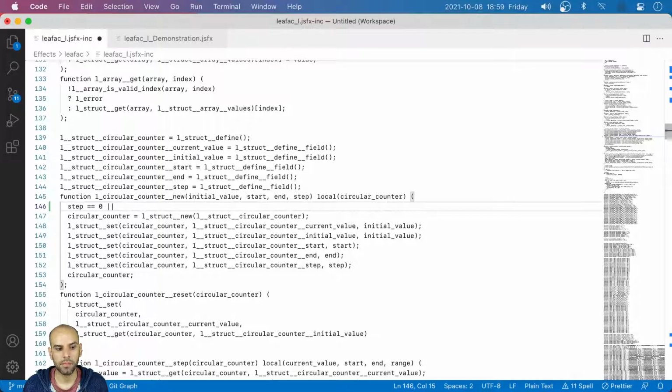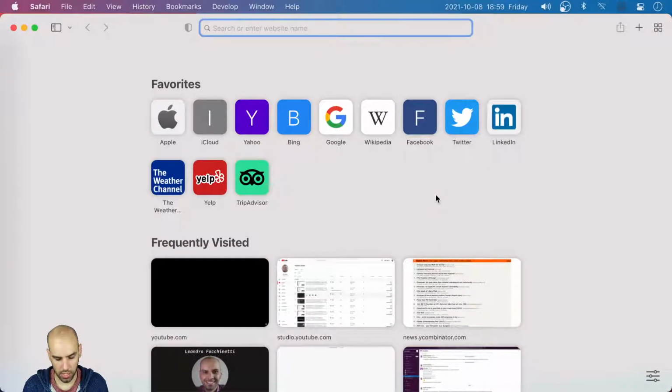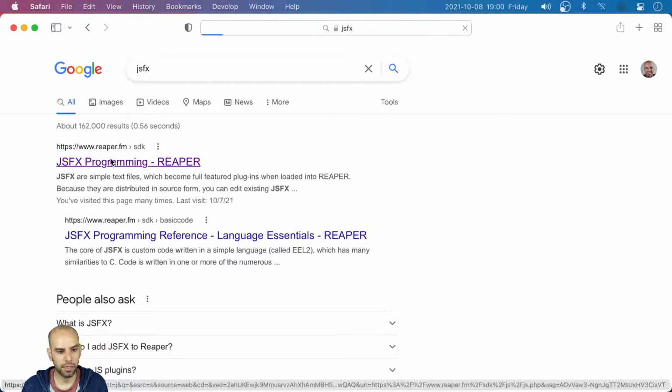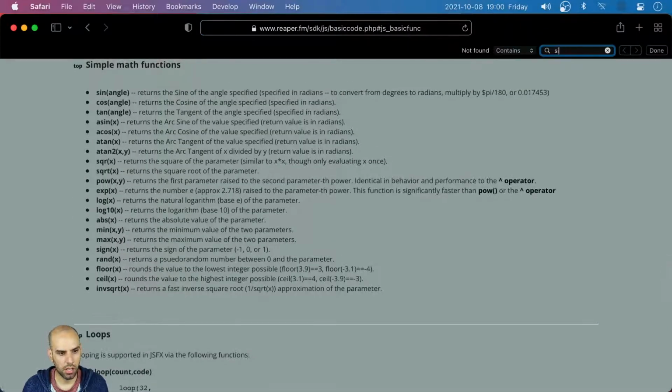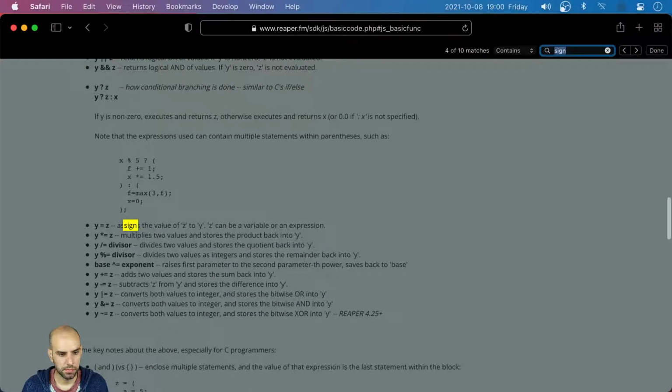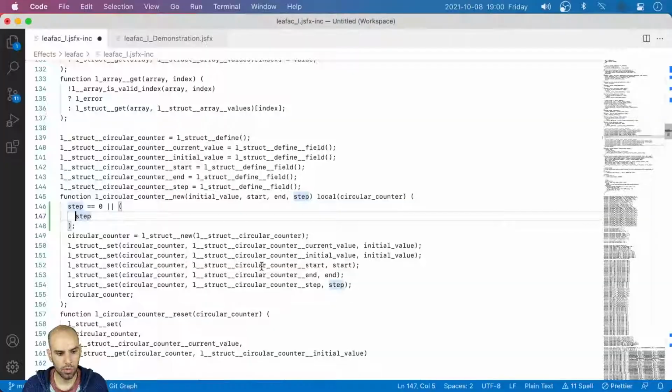Or there is this situation in which this step has a sign that is negative or positive. So let's check this out. How do I get the sign of a number? Yeah, okay, so sign is going to return -1 or 0 or 1. So if the sign of the step is +1, if the number is positive